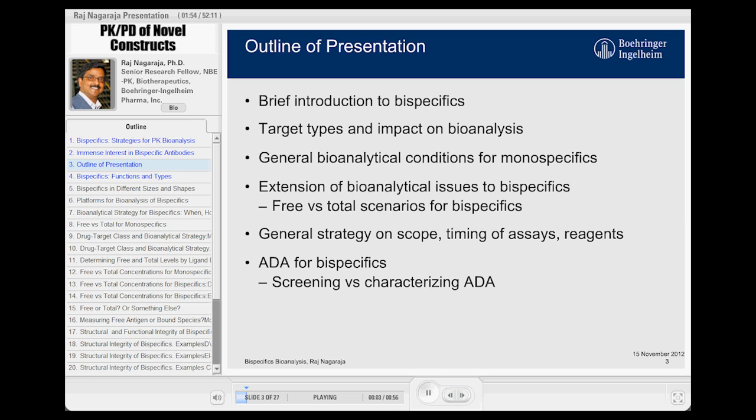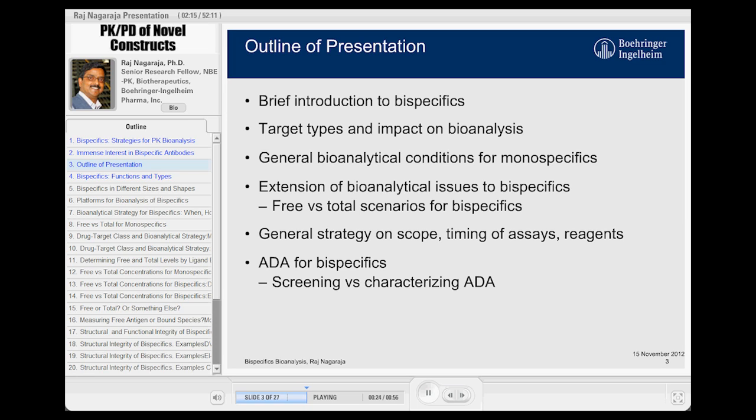I will start with a brief introduction of bispecifics, though you may not really need it. I will just give the introduction that would act like a segue to what I'm going to talk about, and mainly the target types. This is just a broad target type of